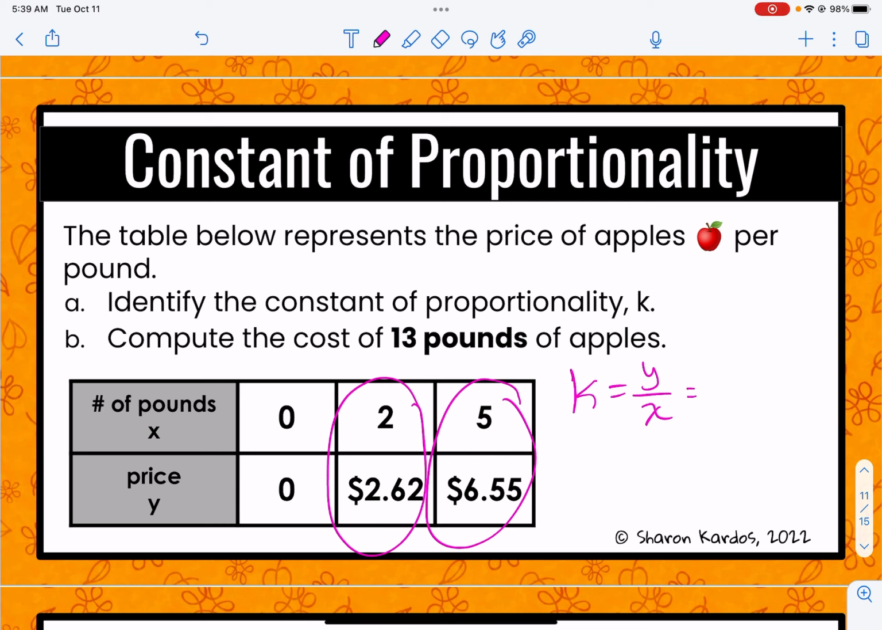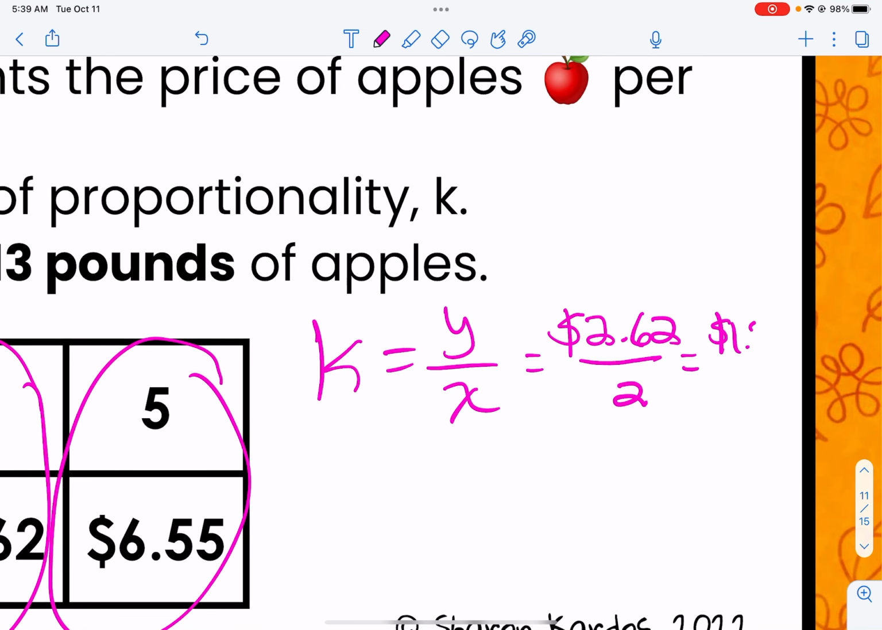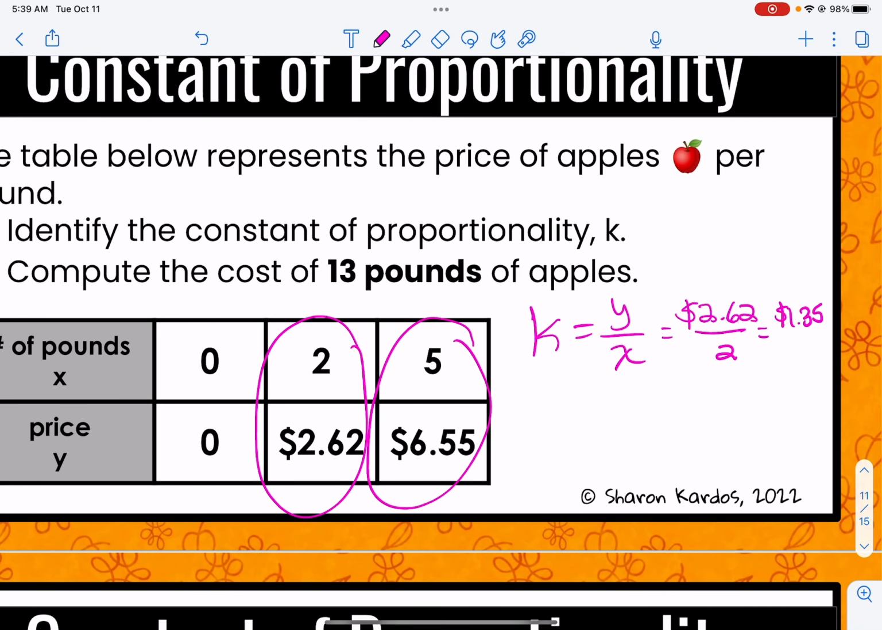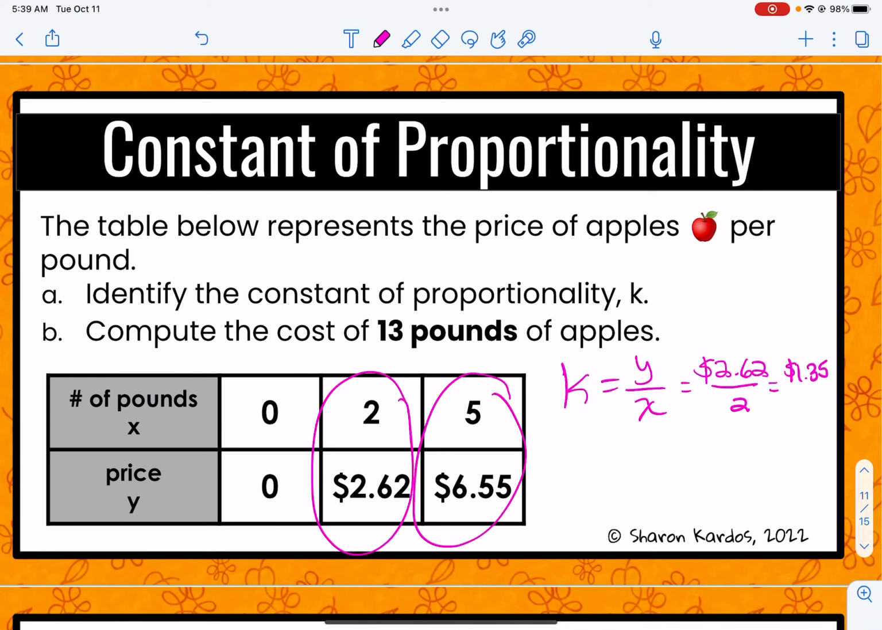So if I did that on my calculator, I like to use the smaller numbers because sometimes I can even do those in my head. I wind up with, let me zoom in here a little bit, $1.35 per pound. So that's my constant of proportionality, $1.35 per pound. And now I can do part B, which says compute the cost of 13 pounds. So I'm going to use my equation, y equals kx. I know the k is $1.35, and I want to know what 13 pounds would cost. So if I work that out on my calculator,